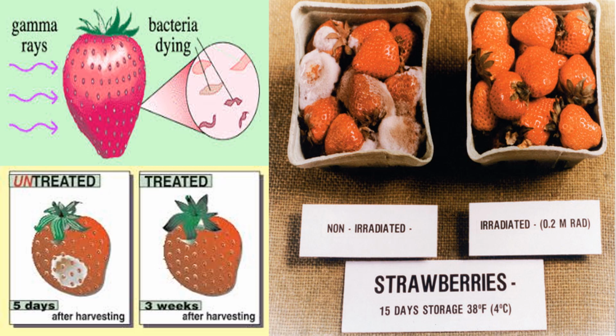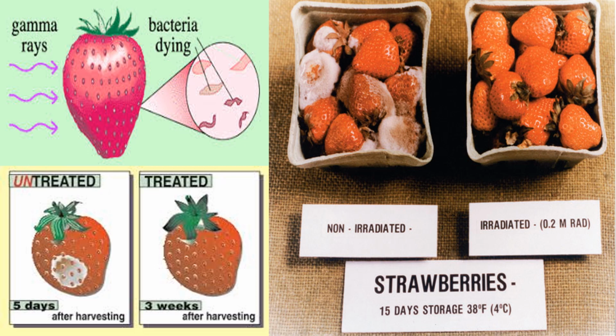Isotopes are also used for preservation of foodstuffs. When foodstuffs are irradiated, that means whenever radiations are passed through the foodstuffs, the fungus and the bacteria growing on that foodstuff get killed. So the foodstuff remains fresh for a long period of time.